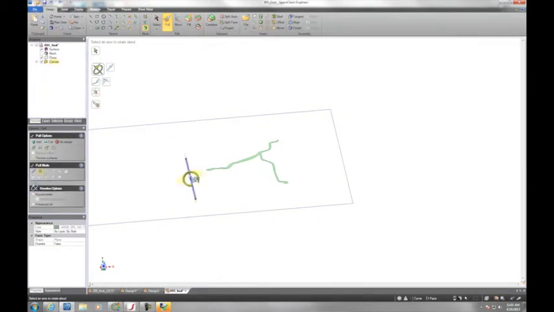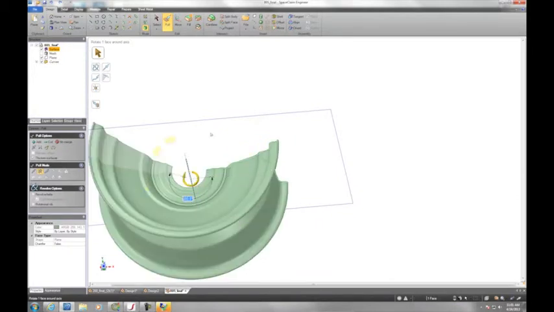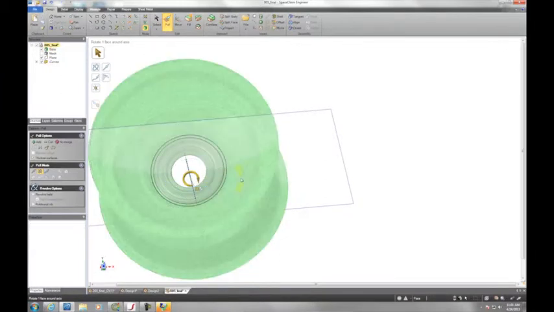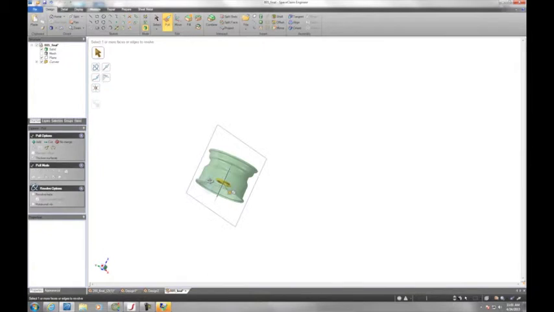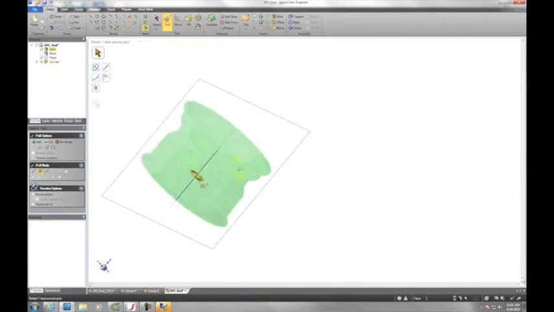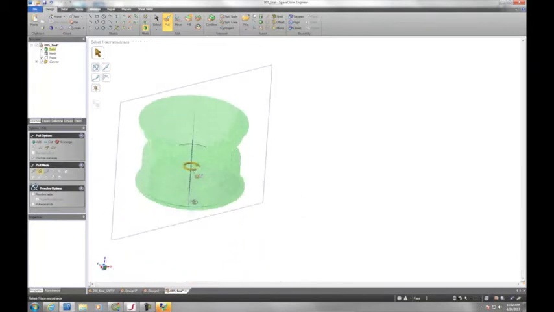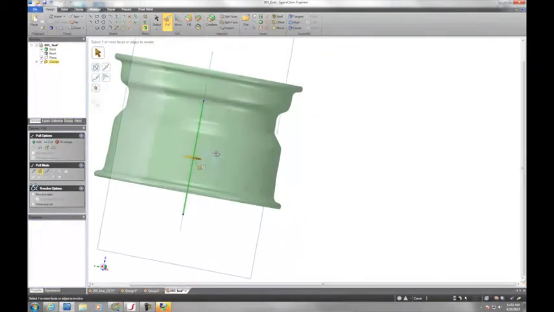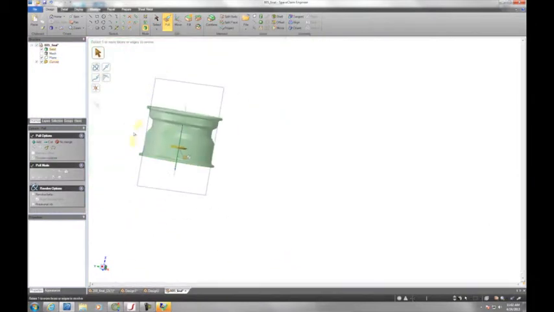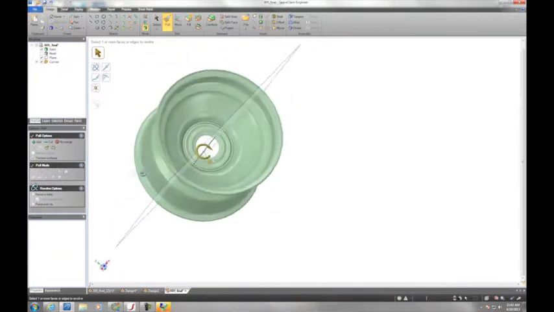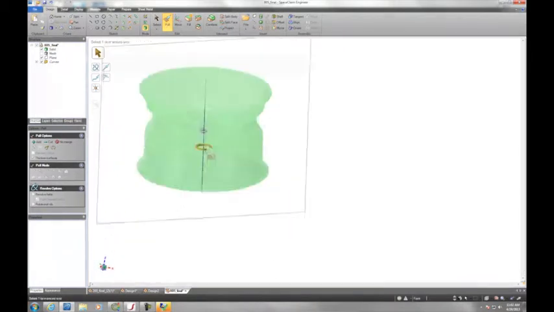Alright, so we'll revolve this surface around the center axis, and in doing so, we create the shape of our wheel. So as you can see, this is a very quick and efficient way of coming in and taking our information on our wheel, scanning it, and then bringing it into SpaceClaim to quickly revolve out the information that